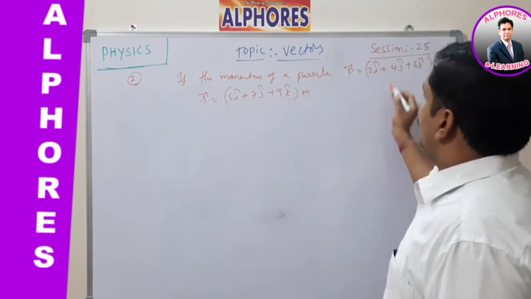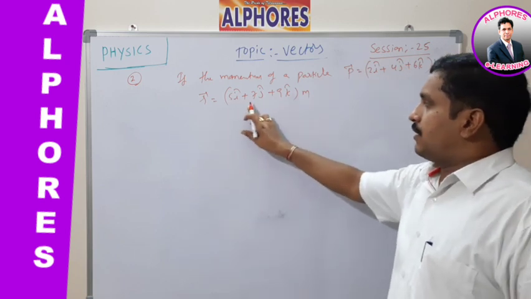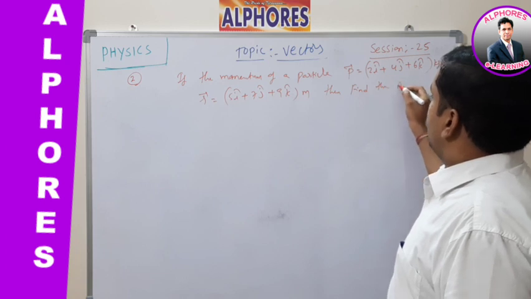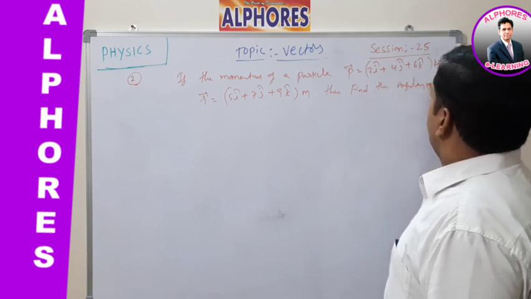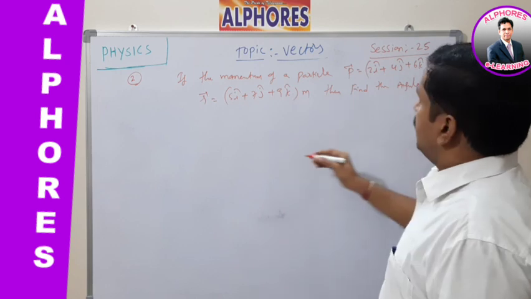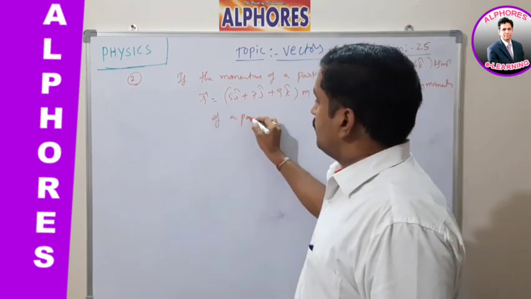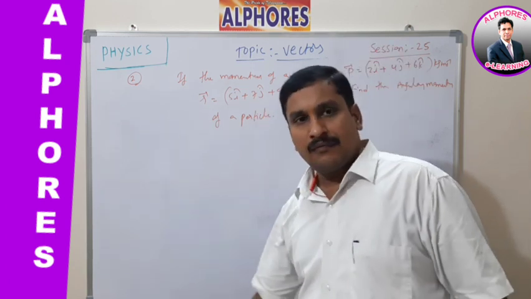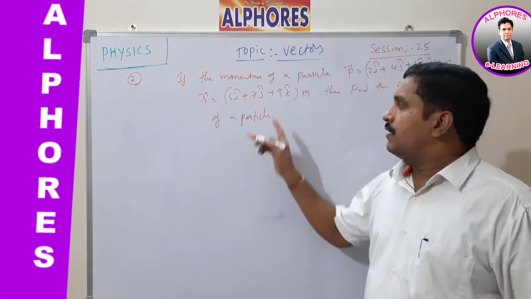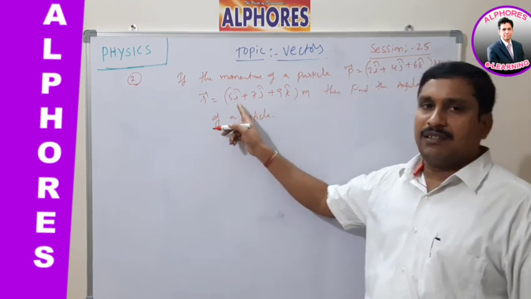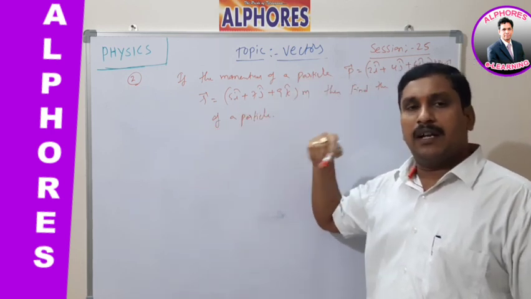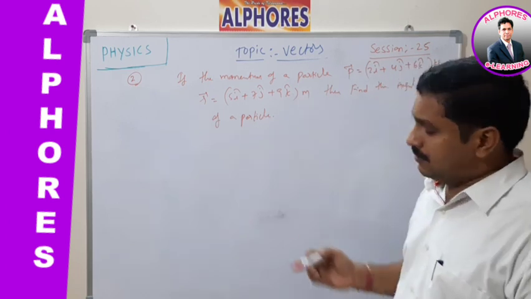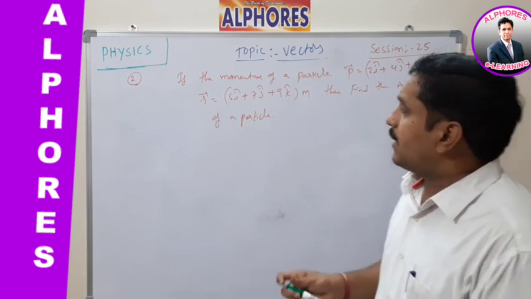So due to the application of momentum acting on the position vector, I have to find the angular momentum of a particle. That means in this question I am giving the linear momentum of a particle and the position of the particle. This linear momentum is applied on the position of a particle, so the particle has some angular momentum. Then we already know, as per the concept, the angular momentum.